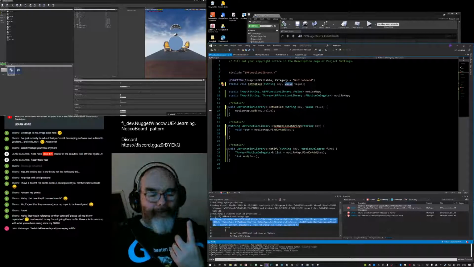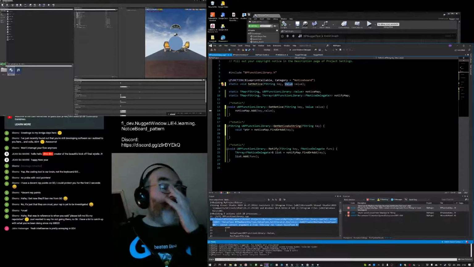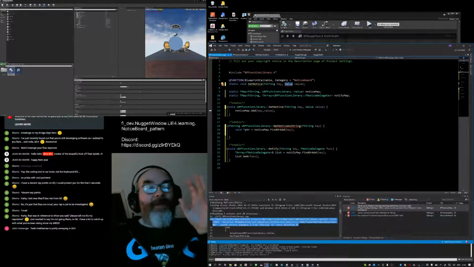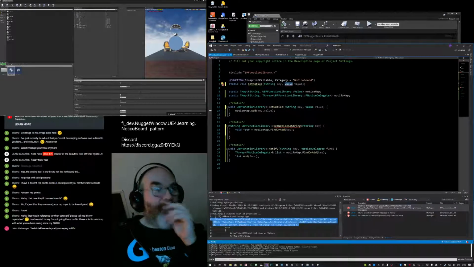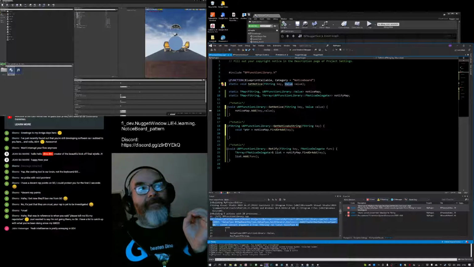Wait a minute. I need to have somewhere to store the string, don't I? Because all that the value can be is a pointer to the string. I'm not holding the string by value inside my map.